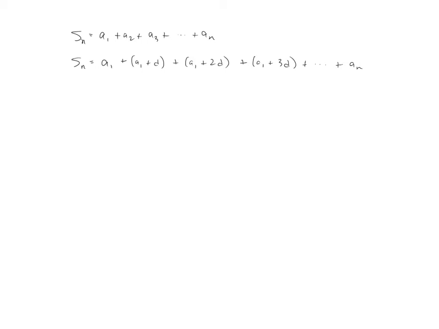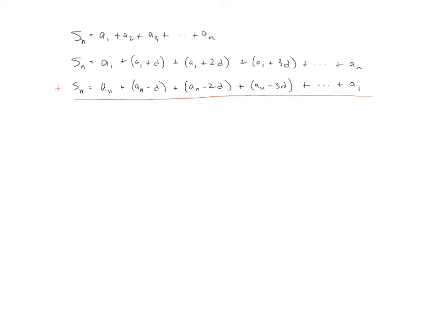So now, I've got it all expanded out, and I'll go ahead now and I'll rewrite it backwards. So this would be our a sub n plus a sub n minus d plus a sub n minus 2d plus a sub n minus 3d plus all the way to a sub 1. So again, notice how I wrote that going backwards now, where we're still taking advantage of that common difference between terms. So now, when I add these together,